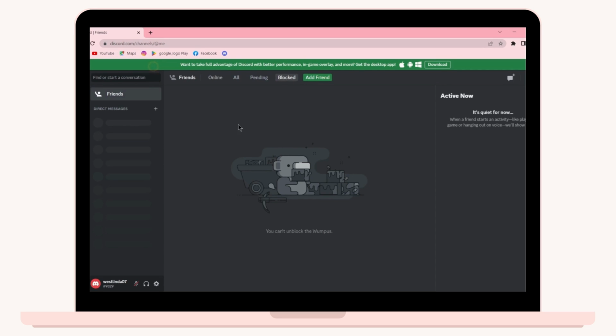So if you want to unblock someone, then you can just simply click on their profile, and then you will find an unblock button, and you can simply click on an unblock, and then you'll be ready to unblock your friend. So that's it guys, that's how you unblock someone on